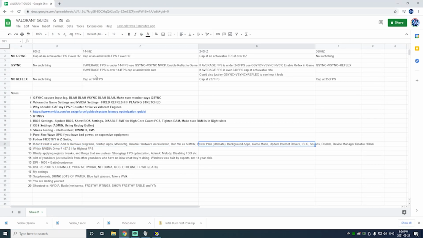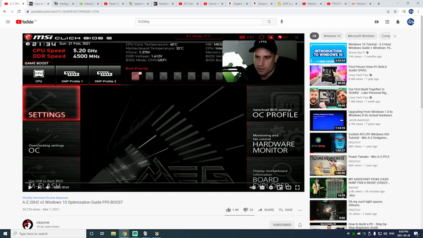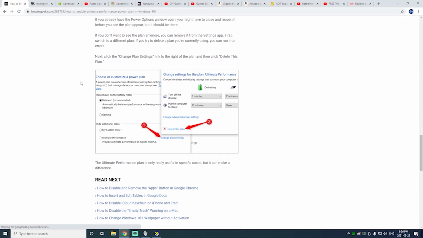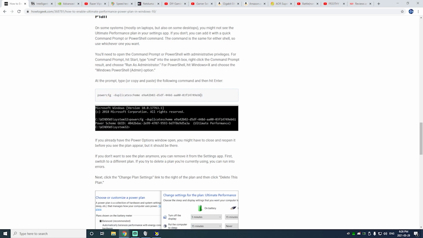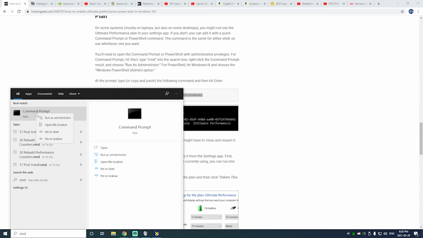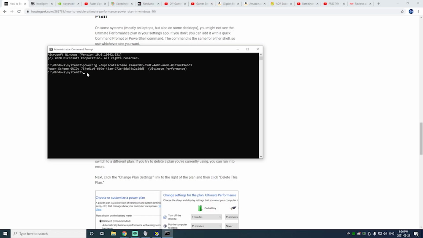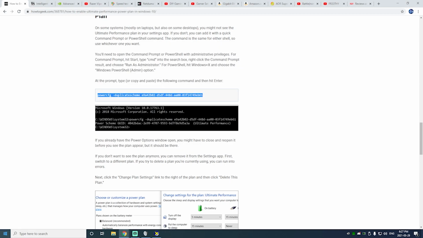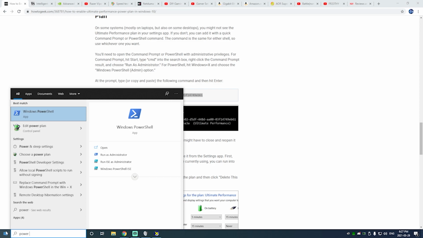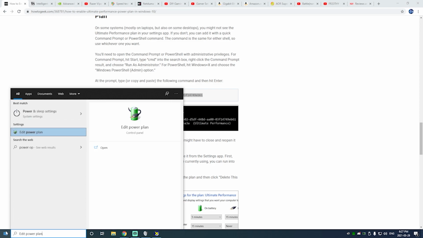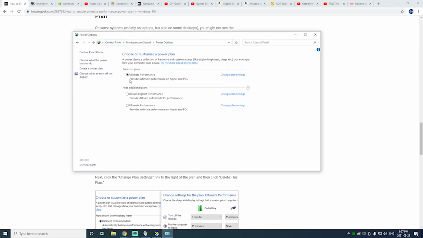Next, Power Plan Ultimate. So I think I go over that here. Yes. So I'm going to link this in the description. If you copy this line here, go to CMD, make sure you run as administrator, paste this in and hit enter. It's going to add the ultimate performance power scheme. So if I go to power options, edit power plan, power options here, you'll see that I added it in